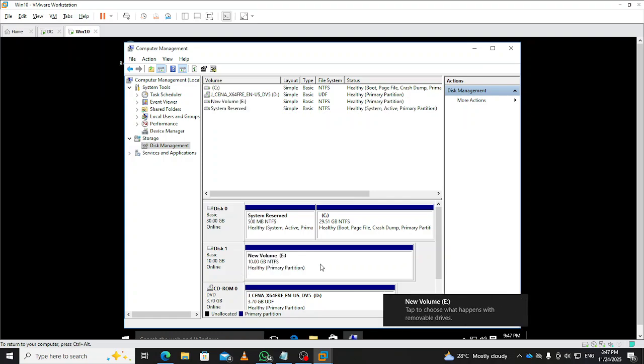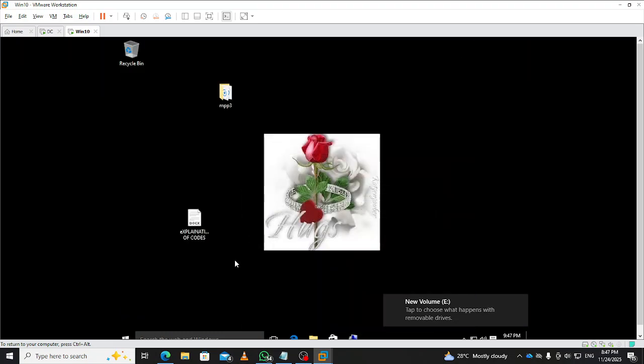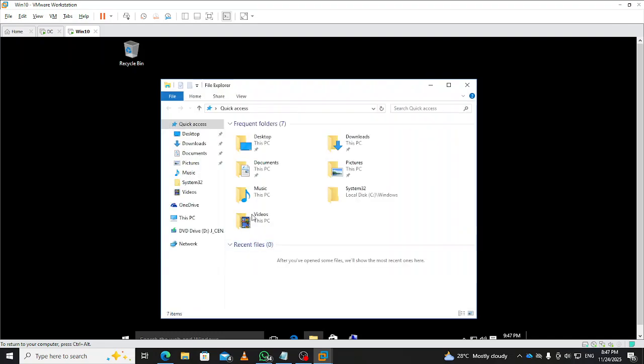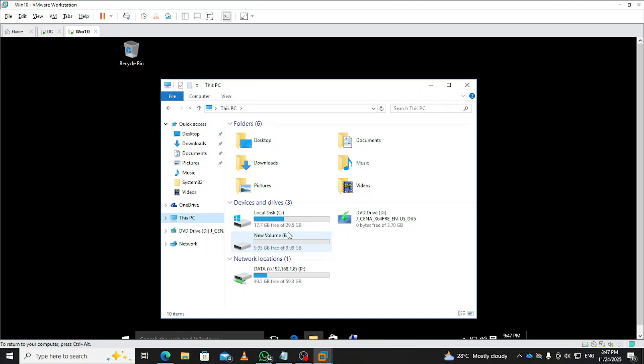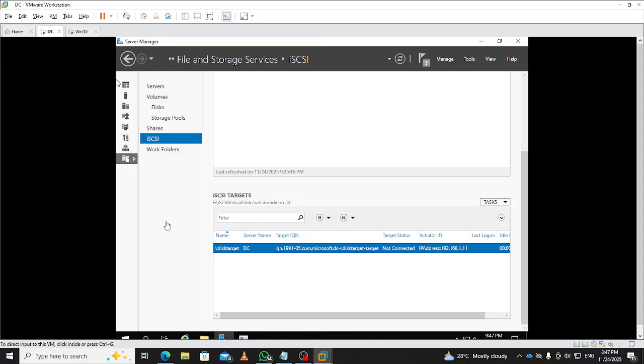So this is it. If I minimize this, open a folder, we go to This PC, we can see that we have the new volume E, right? The size is what? 9.95 gig. So let's go to the server and see. Server DC,